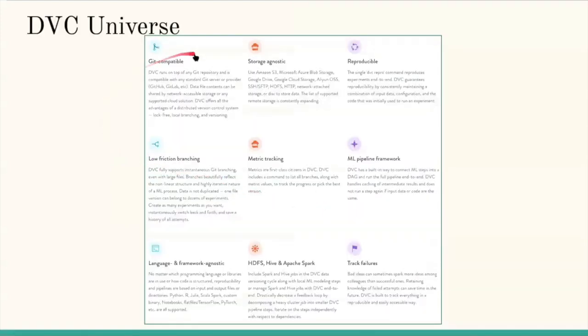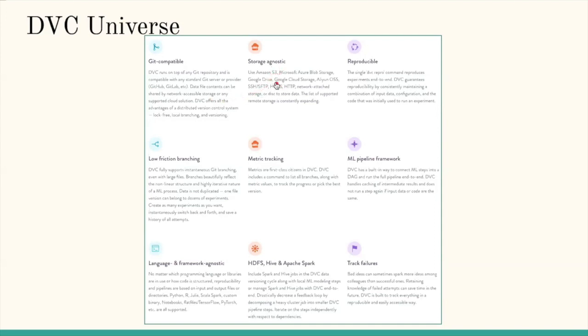So this is what I call the DVC Universe. These are a list of features that it provides. It's compatible with Git. Once you start versioning the data or the model with DVC, it produces a metadata file called a .dvc file, which you can commit so that anyone who lands on that commit can download the appropriate version of your model or the data.